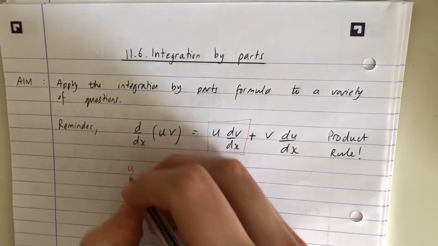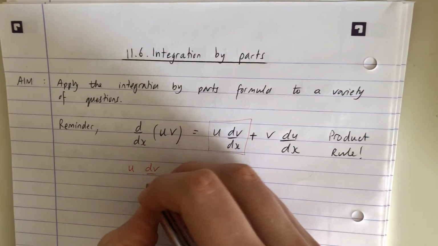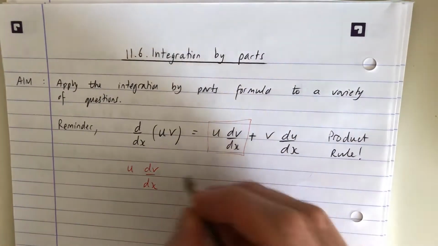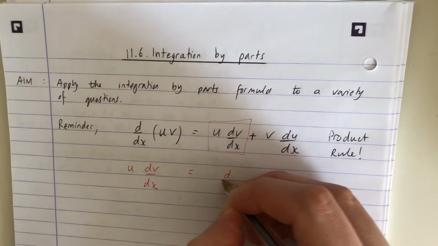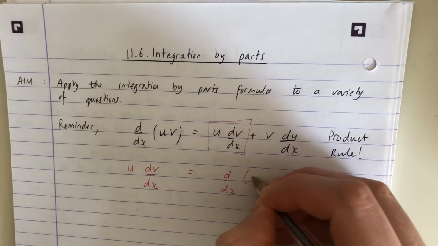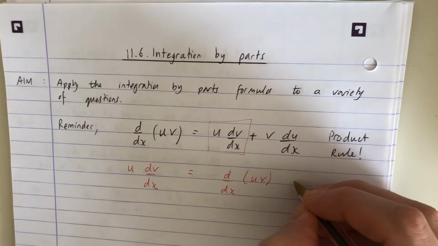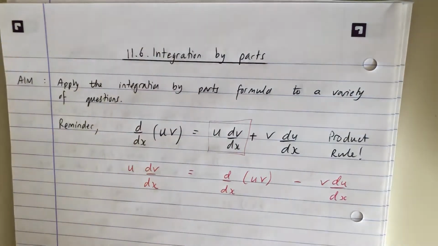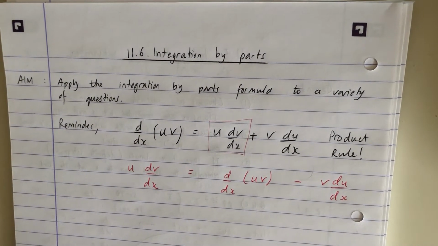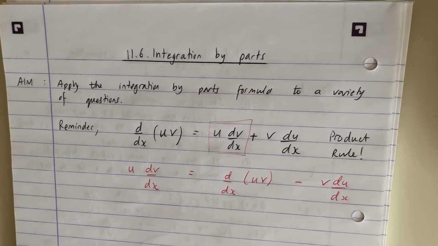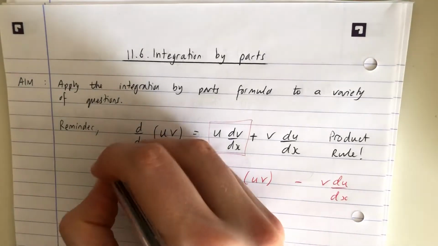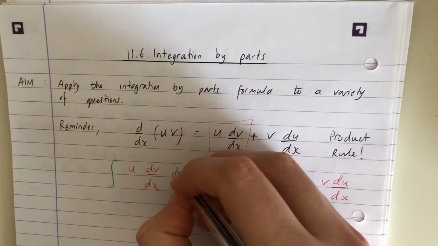So if I made u dv by dx the subject, I would have to subtract this. Now obviously this is differentiation, it doesn't contain any integration at all, but if you integrate every single term